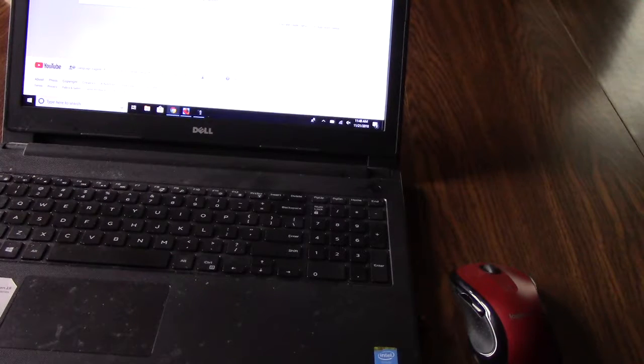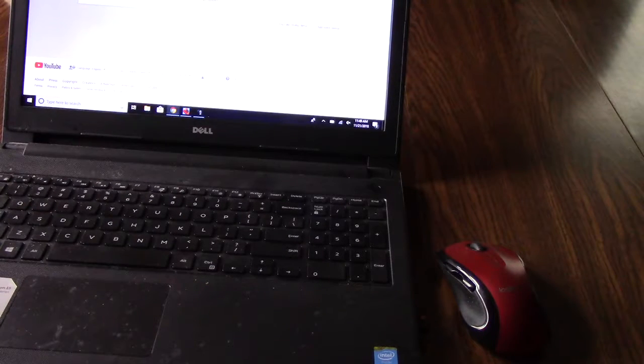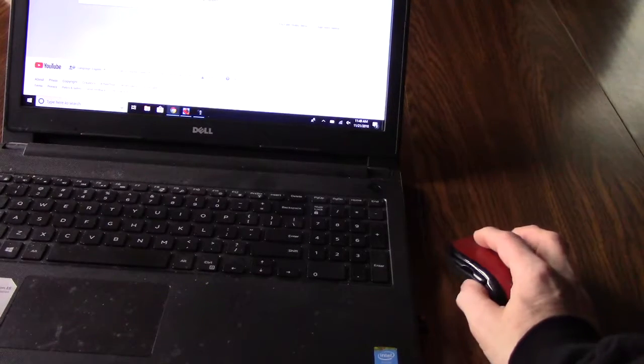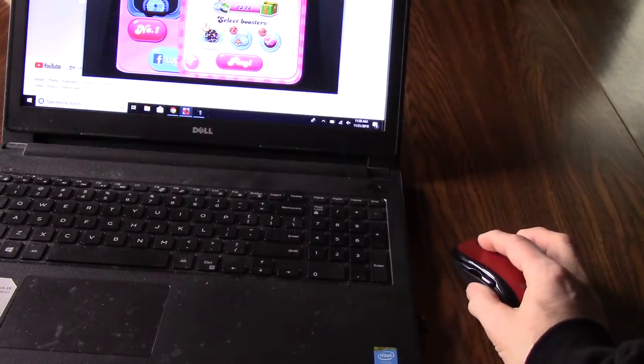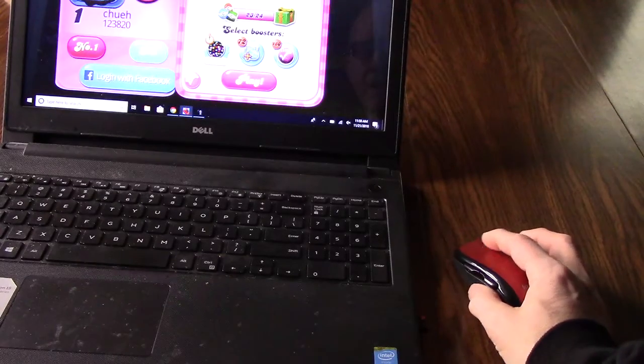This is a Logitech M510 mouse, but the M310 and the M325 have this feature as well, and I'm sure a lot of the other Logitech mice do, and other mice. But one thing that's pretty cool about that feature is, let's say, I don't know, you're playing